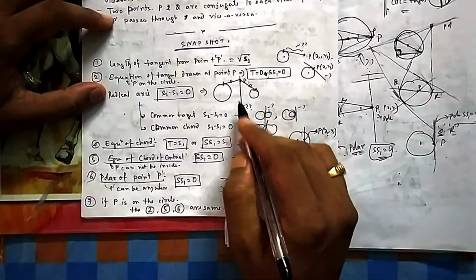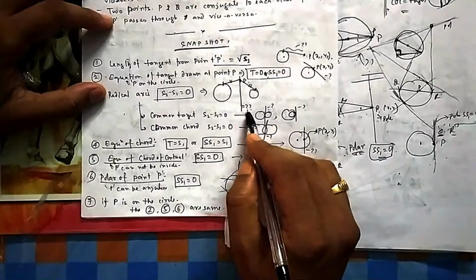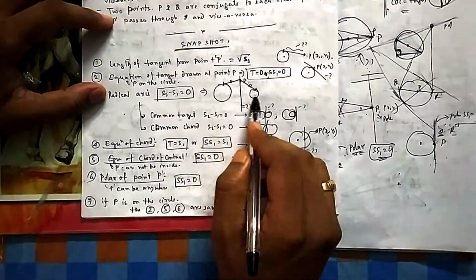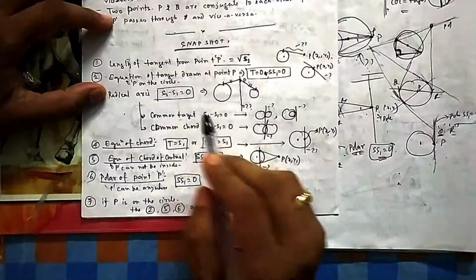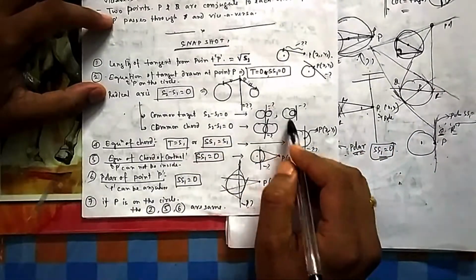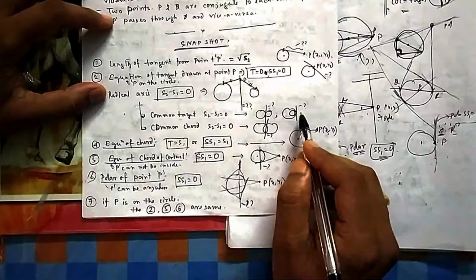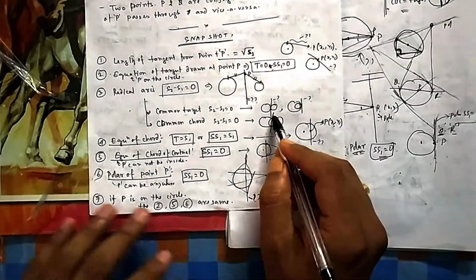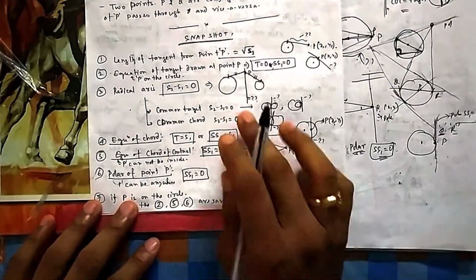Radical axis, you have seen the radical axis, from where the tangents are equal. What is the formula? S2 minus S1. Here S1 is not the power of the point. Here this is the equation of one circle, this is S2, this is S1, the difference of these two. In some cases it becomes the common tangent. The radical axis itself is the common tangent equation for two circles touching internally or externally. It also becomes the common chord when two circles intersect each other.